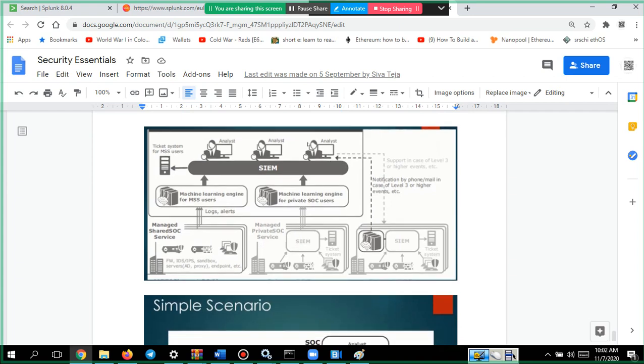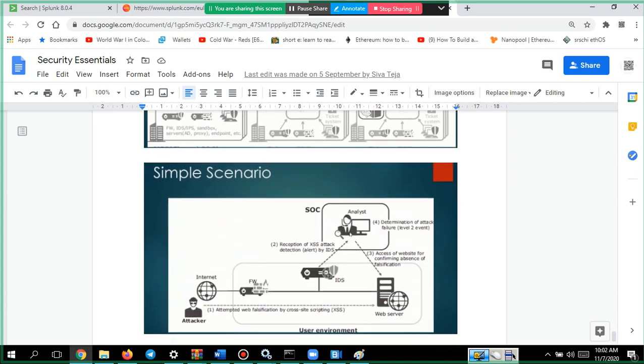First of all, you might have a lot of assets in your organization. If any attacker tries to compromise any of the systems, some kind of alert will be generated. For example, one example is IDS.